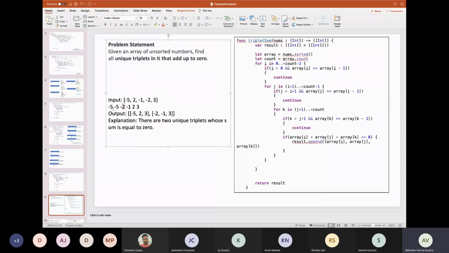But next time, I will not be considering this 5 again for my next triplet, because in my previous i value I already have the same 5 value. So I will ignore this 5 and move to the next i position. In the second iteration I will use this as my i instead of that. That way we will be able to ignore the repeated values in our triplets.